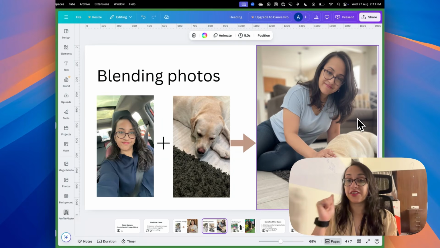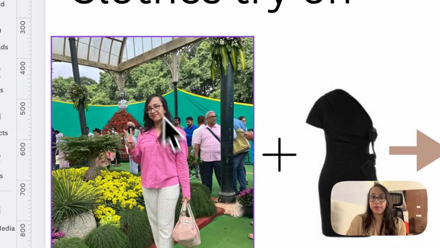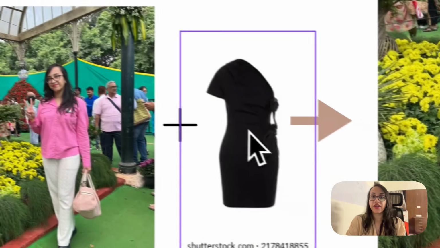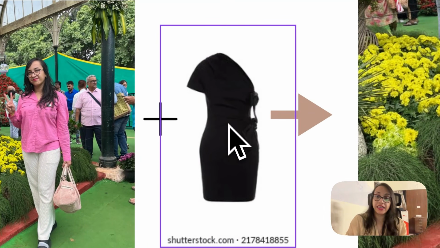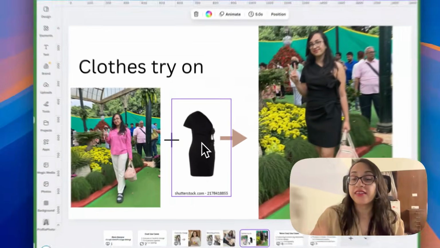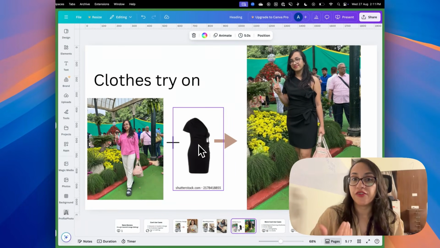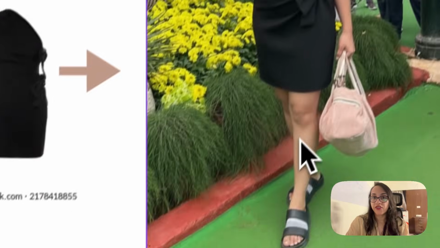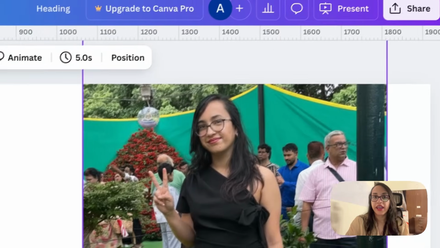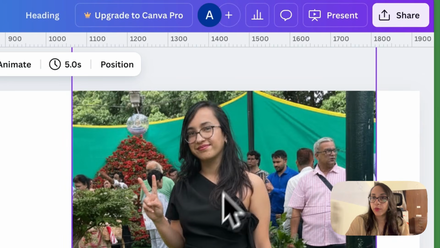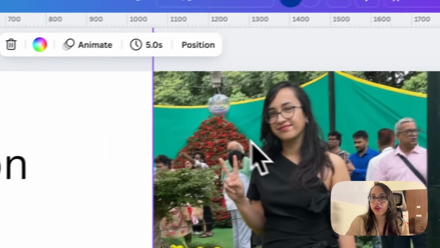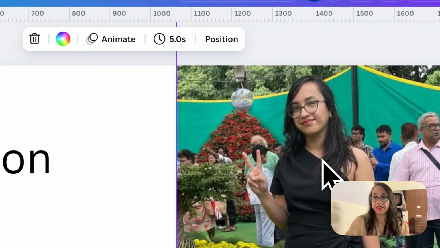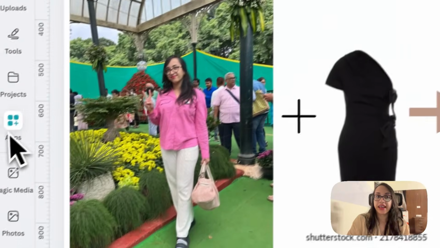Another cool use case of Nano Banana is virtual try on, which means you can upload your picture with the picture of a dress that you like to purchase from any e-commerce site, and you can ask Nano Banana to combine this for you and make it appear as if you are wearing that dress. And this is the output image I got of me wearing the dress. You can see the background, everything is intact, although my face looks a little bit distorted because I had to run it multiple times. Let me show you what I mean exactly by that.